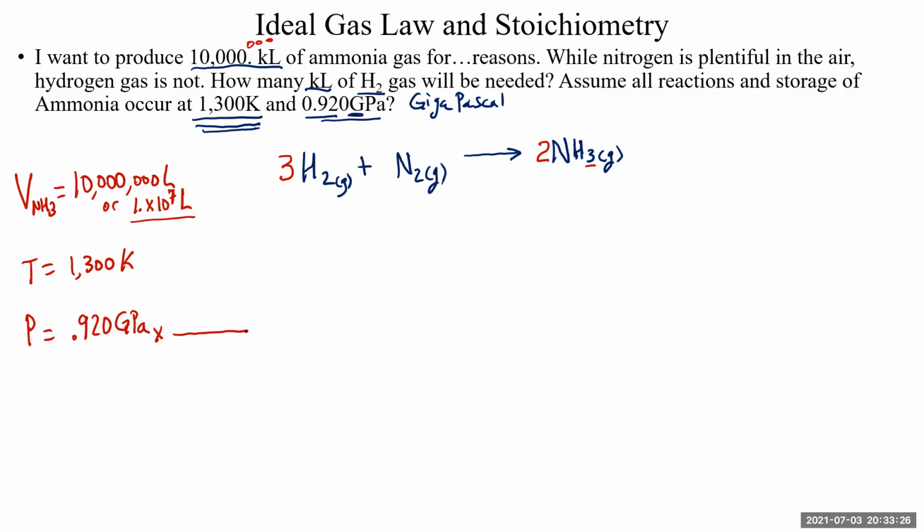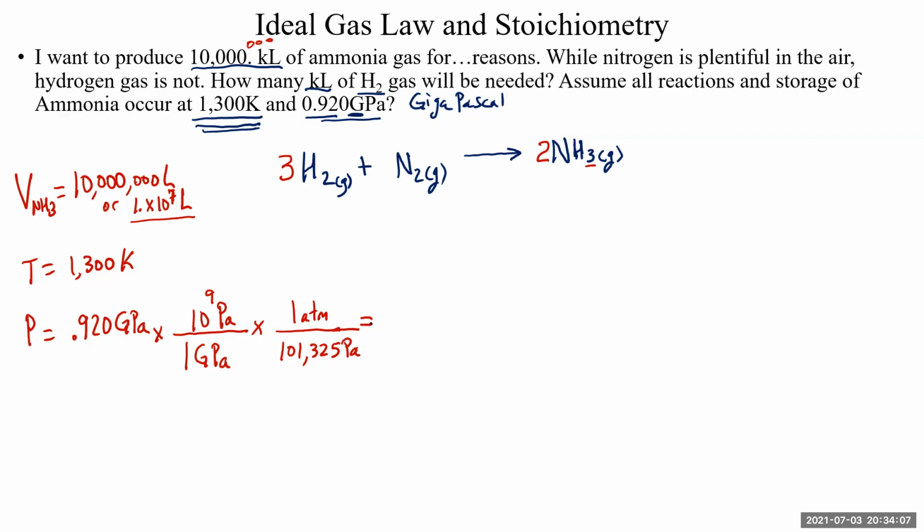If you remember your metric prefixes, you know that 1 giga of any unit, it doesn't even matter what follows the giga, is 10 to the 9th. Remember, a giga is a billion. So 1 gigapascal is 10 to the 9th pascals. And we know that every 101,325 pascals is 1 atmosphere. This conversion comes from memory, not just from the metric prefix. So we can convert to atmospheres this way.